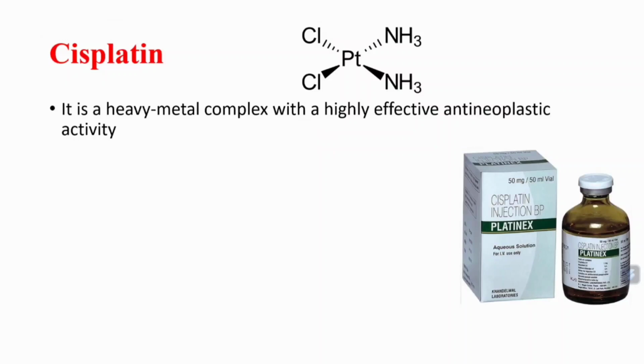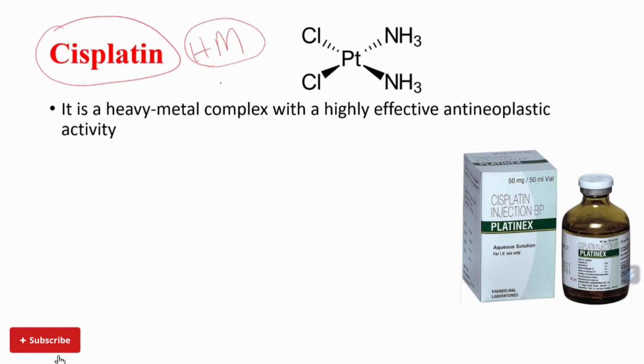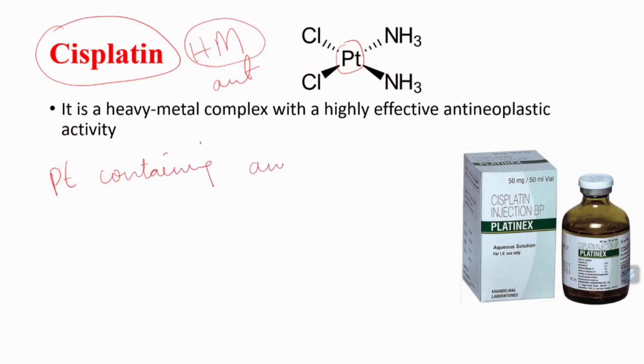Now let's talk about cisplatin. Cisplatin is a very important heavy metal containing anti-cancer drug. Because it is a heavy metal containing compound, it is called a platinum containing compound. Cisplatin is an example of a certain anti-cancer class of drugs which are called platinum containing anti-cancer